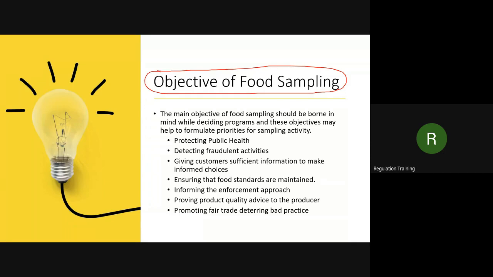It means that by taking samples, they are informing the consumer that we are working, we are taking corrective actions, we are protecting your health. And they are also informing the manufacturers that boss, you are not free to do all the fraudulent activity. You cannot sell adulterated food products. So that is the information. And these things are also discussed at the ministerial level meeting: what is the current status of food? Each department has to show their performance, right? So the food safety department also has to show its performance. So that is informing the enforcement approach.